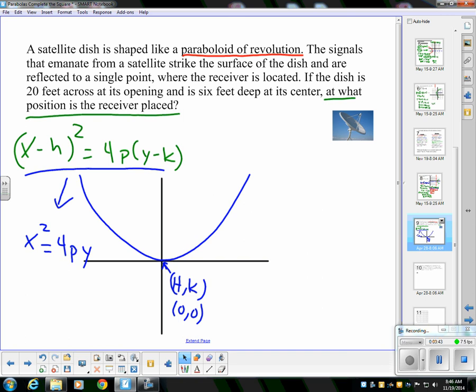X squared is equal to 4py because h is 0, y is 0, so all I got to do then is shorten it up. Okay, now we want to find where the focus is. Well, for us to be able to find the focus, we need to know what p is. And for us to be able to find p in this case, we either need to be told something in